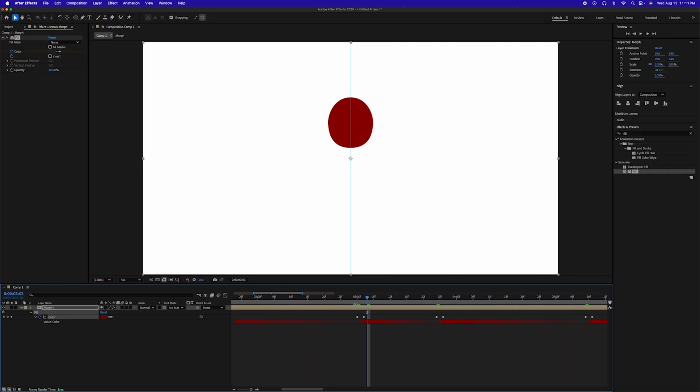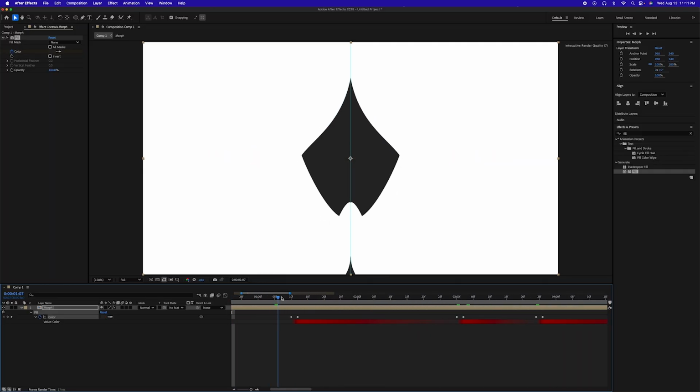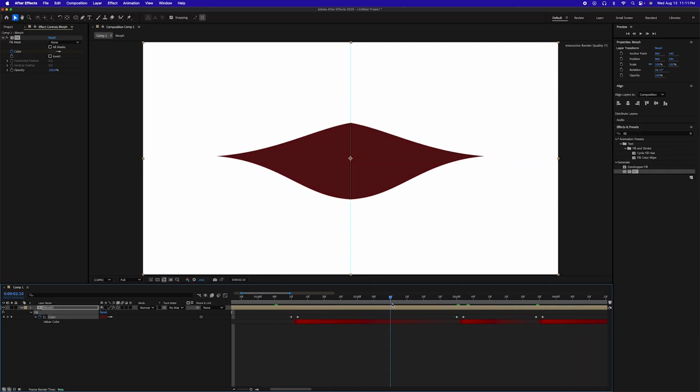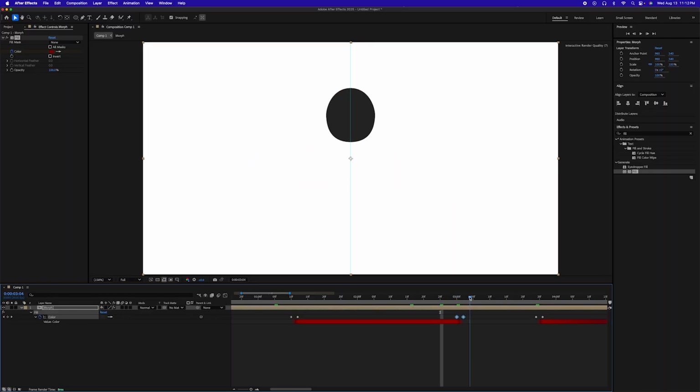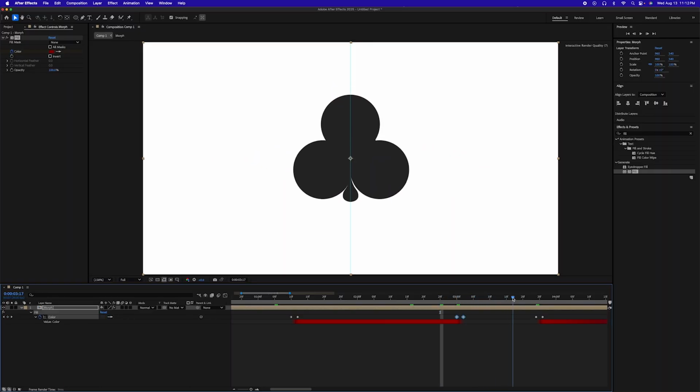Now you'll notice that it's weird because it goes black to red and then it's slowly going back to black. We don't want that. So we want to select these two keyframes, right click on them, go down to keyframe assistant and then time reverse keyframes. That's going to keep it red until it goes to black. And then that's going to remain black,